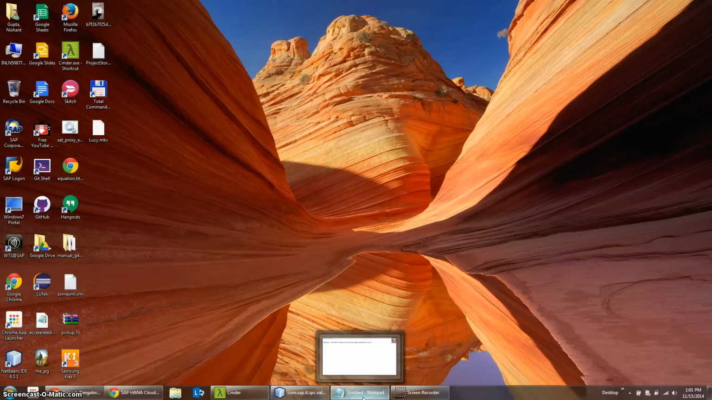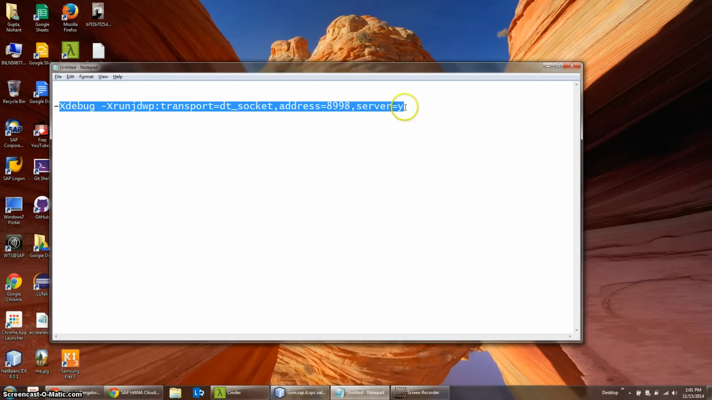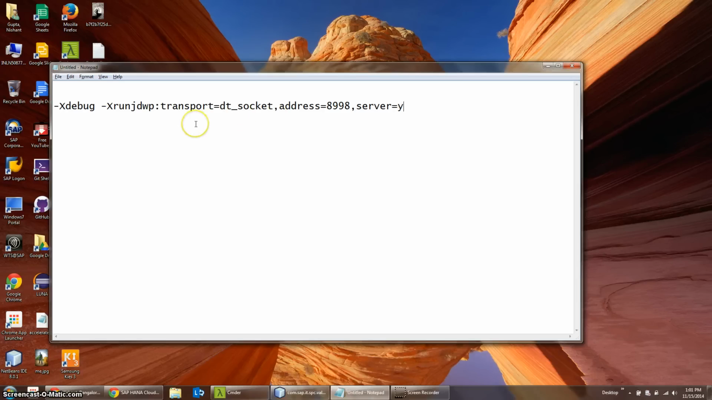So there are two things to know. First, the target application, which we are trying to debug, should be started with options that enable another VM to attach to it through a socket and carry out the intended debugging. So to do that, when you are firing up that application,